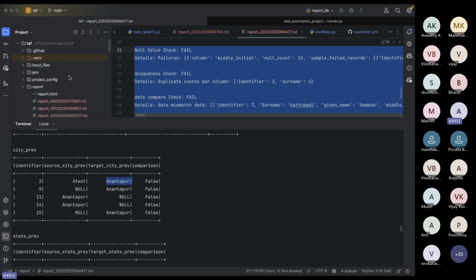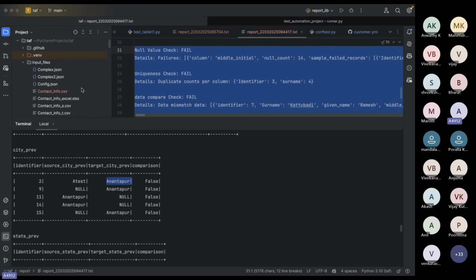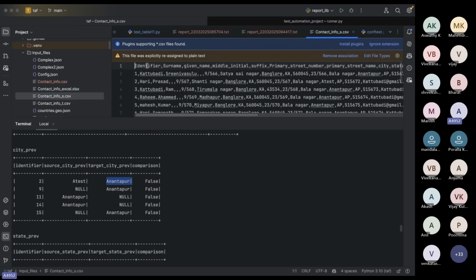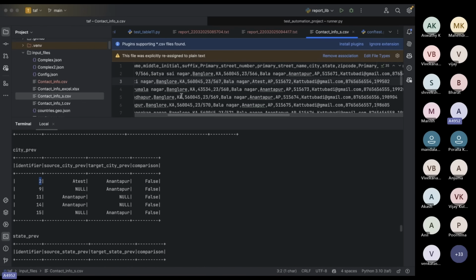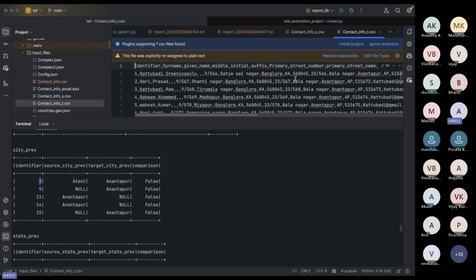Even if you want to see manually, let me show you. We are comparing two files, this file and this file, with underscore s underscore t. So you can also observe identifier two. Maybe it is very difficult to navigate, but somewhere you will find a test here. The same, if you compare in the target, you will see some different value. So that's how it will display the output.